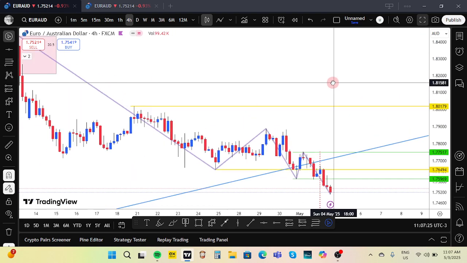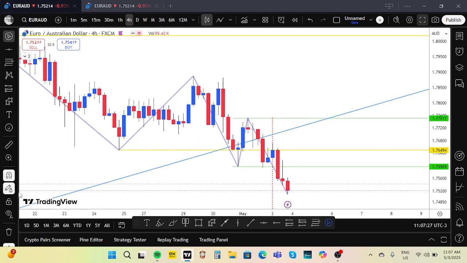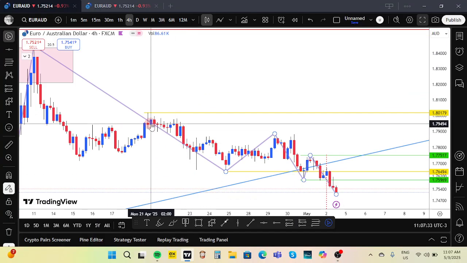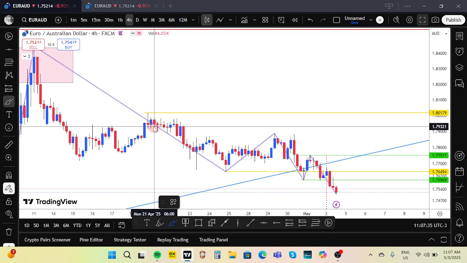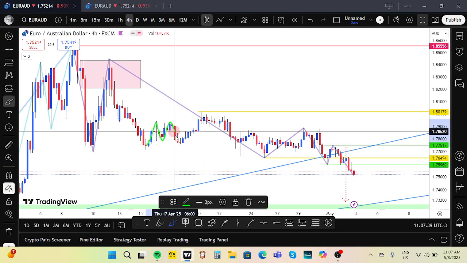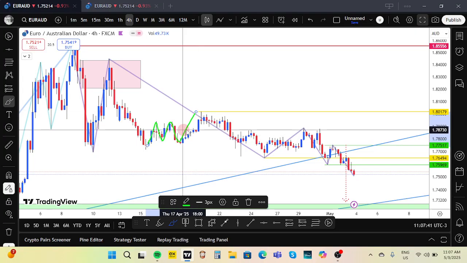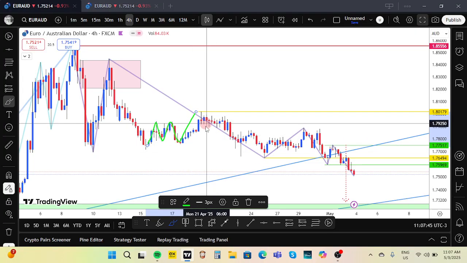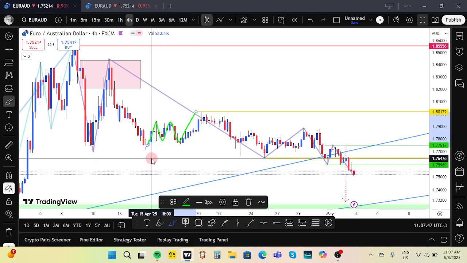Now, all of this is what I consider an inner structure. For example, we see the market consolidating at this level. At this level, it was making higher highs, higher lows, higher highs, higher lows, higher high. These are the smaller structure for me. So back in time, I would be looking for a sell back in time. For example,